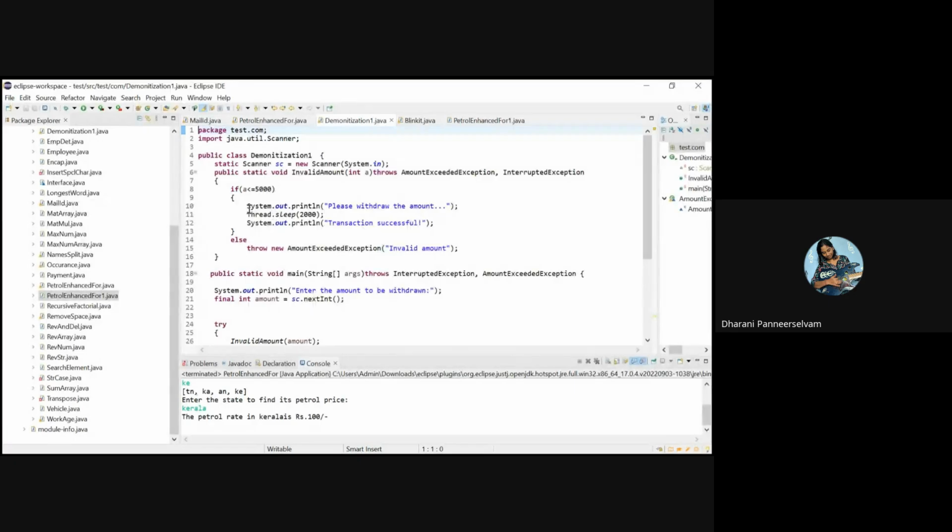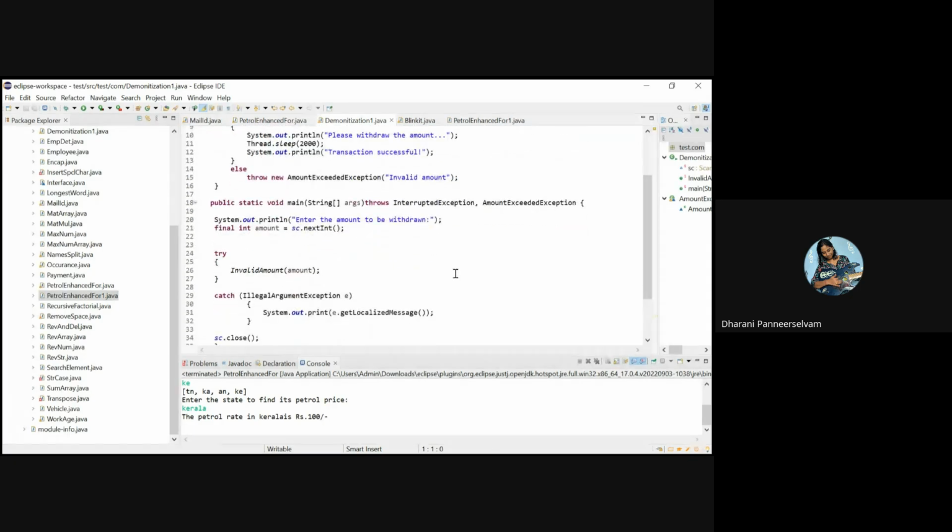First I created a method called invalid amount, and there I declared that if the limit is less than 5,000, we can withdraw the amount. And as you said in the class, here I used thread.sleep, so it is also checking for another exception called interrupted exception. And in the else part, I'm throwing a new customized exception called amount exceeded exception. And in the main class, I'm calling the